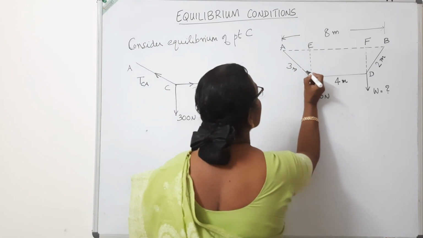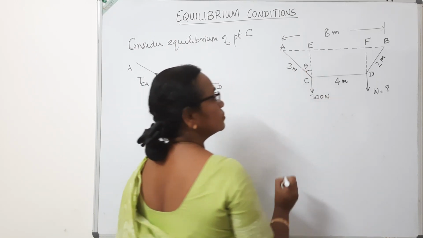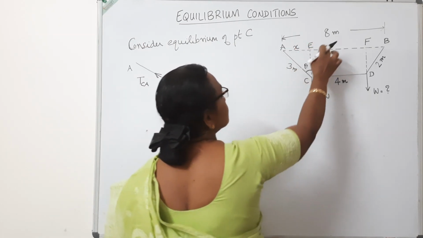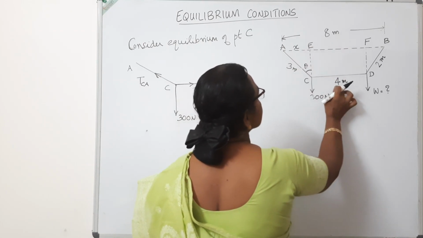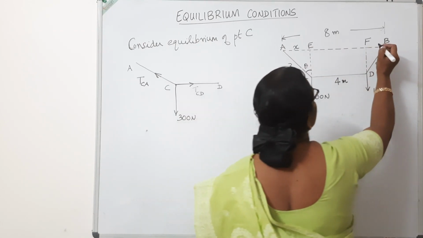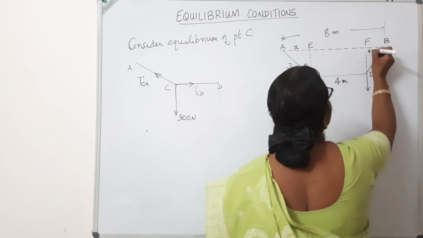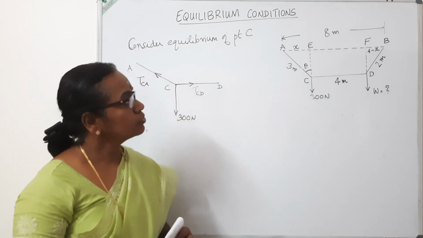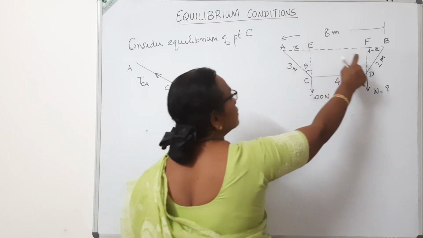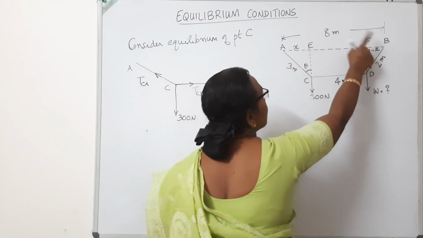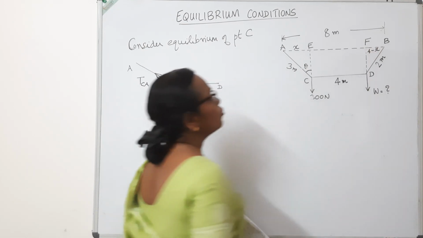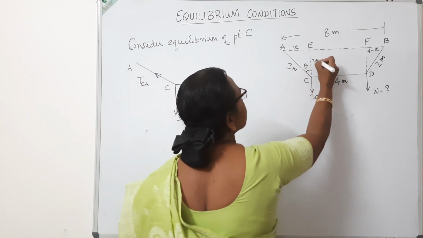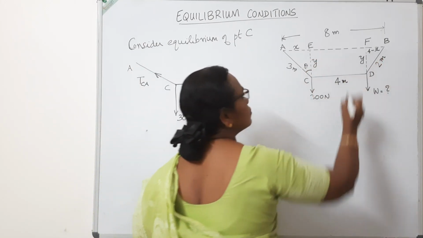Look into this figure. Let it be theta. Let me mark this distance AE as x. So this is 8. If this is x, this is 4 meter. So this distance FB will be 4 minus x. Isn't it? Please check. Looking into the figure, if I mark this distance as x, this distance will be 4 plus x, 8 minus 4 plus x, so this will be 4 minus x plus x, 4, 4 plus 4, 8. Now let me mark this vertical distance as y. If this is y, this FD is also y.